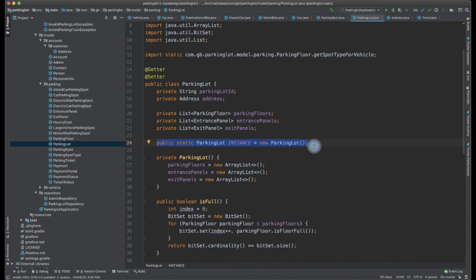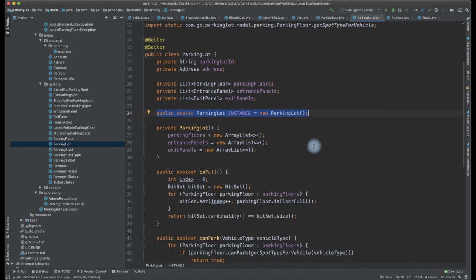If somebody is operating on one instance and parking their vehicle with one instance of a parking lot, and returning the vehicle from another instance, it becomes difficult to coordinate. So the entire parking lot is modeled as a singleton instance. It contains every other thing. So this is how I have modeled it in terms of object oriented design as of now, because there cannot be multiple parking lots running all together.